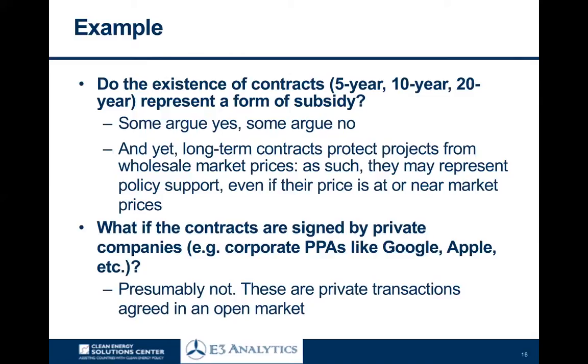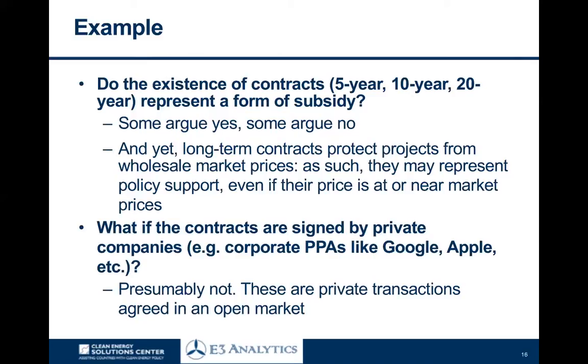Many economists would argue solar power should be exposed to market prices. If prices go up, then that's great. And if prices go down, even into negative territory, then that's fine. Producers should take on that risk. They would argue that inserting long-term contracts into a liberalized electricity market represents policy support and can therefore be construed as a form of subsidy, even if the price is at or near